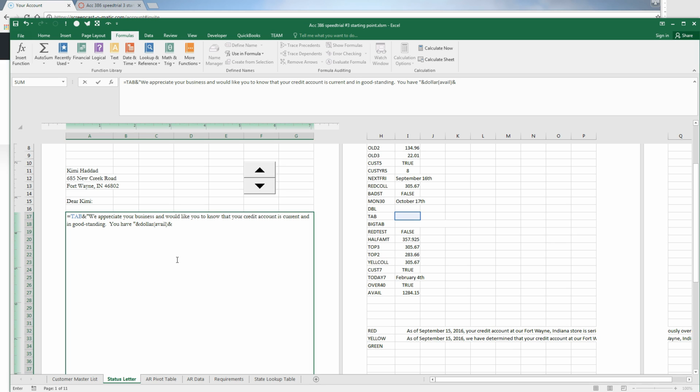Okay, and we haven't named available yet, but we'll get to it. Available for purchases at any of our stores or our website. Okay, double, tab,